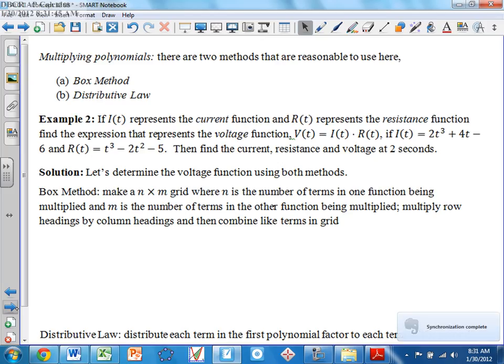Next. Example number 2. Example number 2 I'm going to read word for word because I made this problem up and I think this is a good representation of what you might see on an SAT. Example 2 says, if, now I'm going to name a function, if I of t, capital I of t, represents the current function, current being electricity, the current function, and R of t, another function, represents the resistance function,